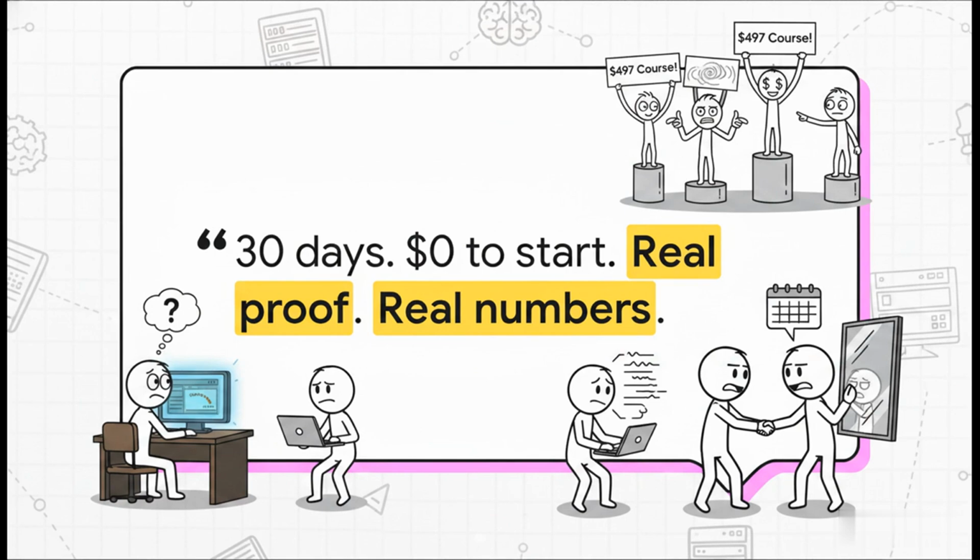I kept seeing all these gurus online talking about AI side hustles, but honestly, I was incredibly skeptical. People were either pushing a $500 course, making super vague claims with zero proof, or suggesting stuff that required coding skills I just did not have. So I made myself a deal. 30 days, $0 to start, real proof and real numbers. I promised I'd document everything, even the moments I wanted to just quit, and if it actually worked, I'd share